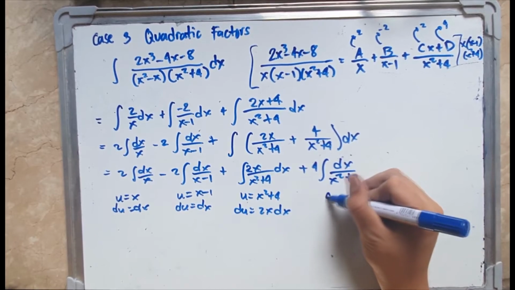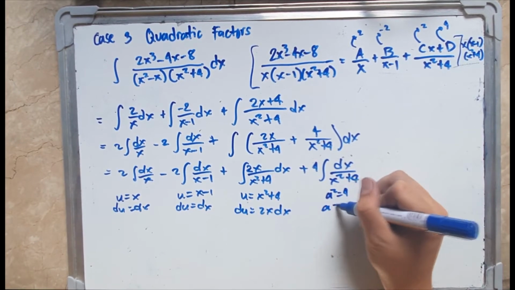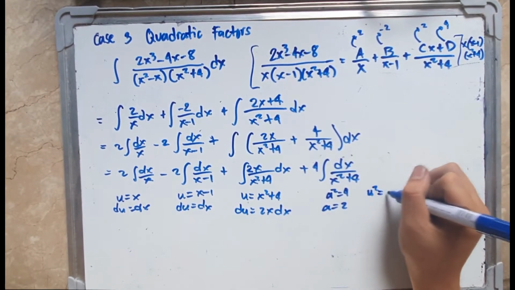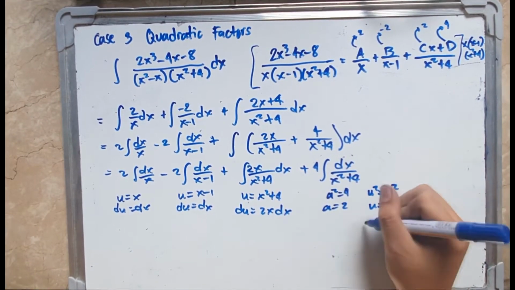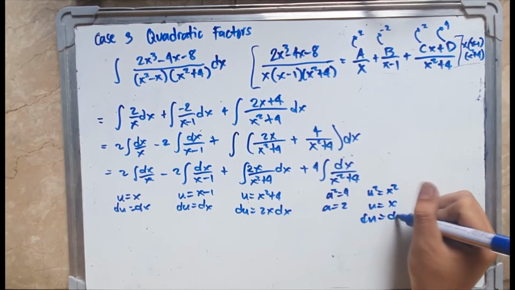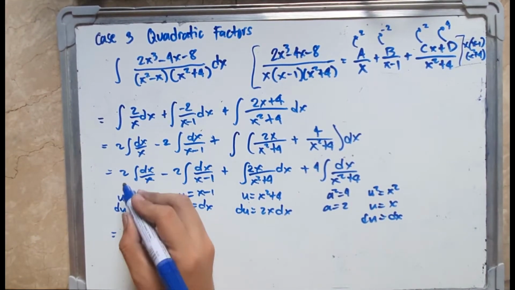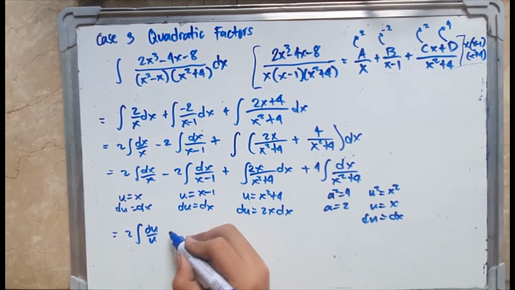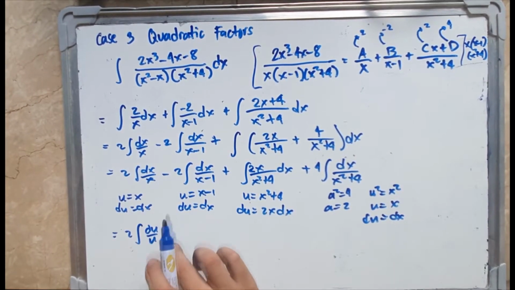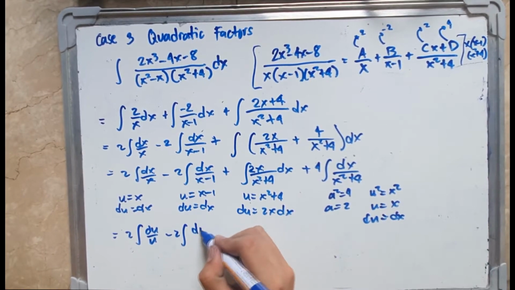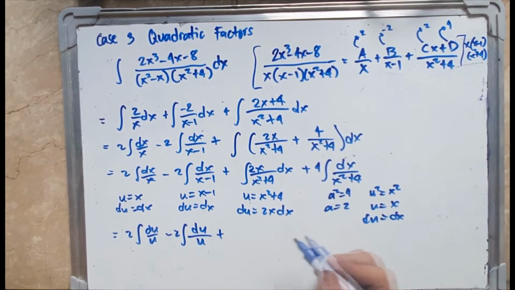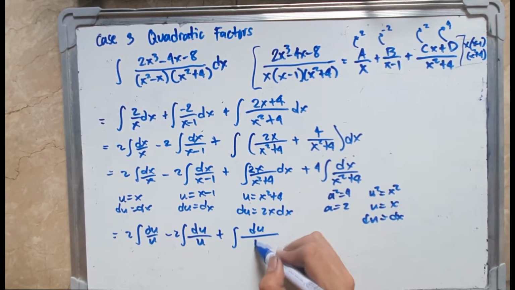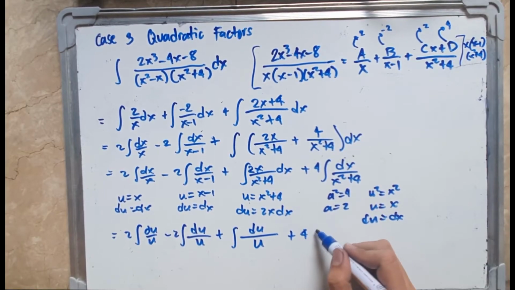Let's have a squared is 4, so a is 2. The u squared is x squared, u is x, the derivative of u is dx. We now have the form 2 integral of du over u minus 2 integral of another du over u plus here we have another du over u plus 4 integral of